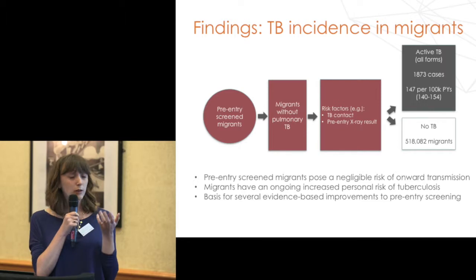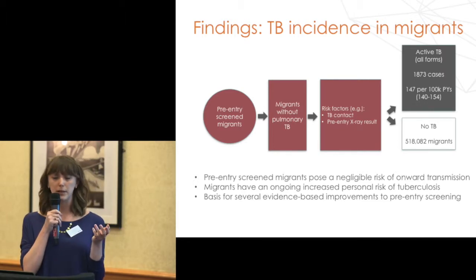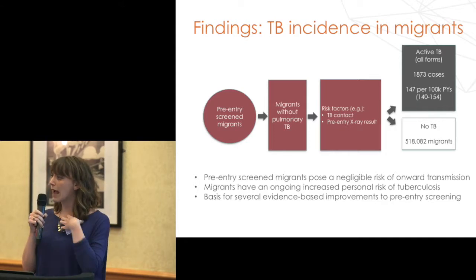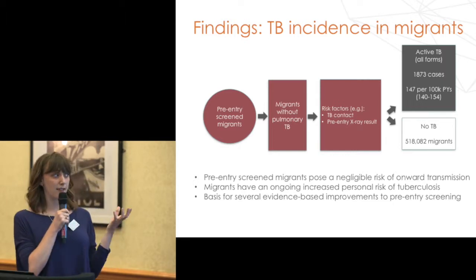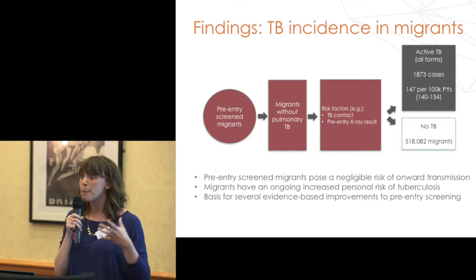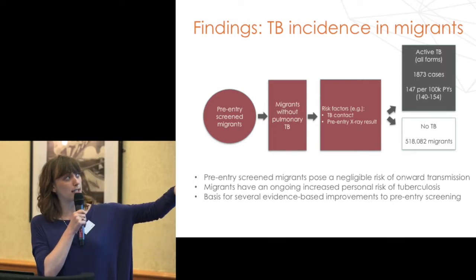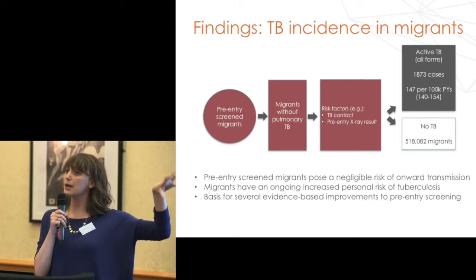But actually, they really pose a negligible risk of onward transmission to the host population. And where we need to be shifting resources is actually to support migrants themselves. So this was an evidence base that we could help improve our pre-entry screenings. For example, the people that had some type of pre-entry X-ray result that initially showed some type of TB, but